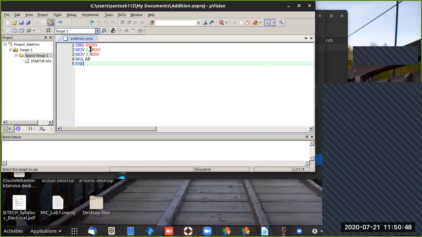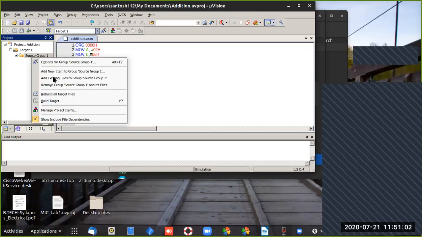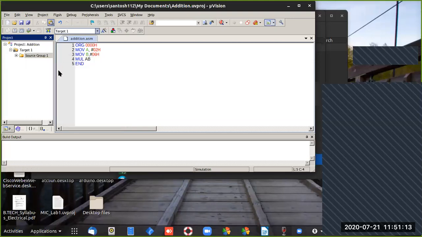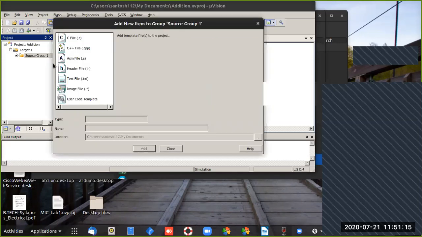What I have to do is load this ASM file into source group 1. Yes, got it. So here, add new item to source group 1. It is an ASM file.